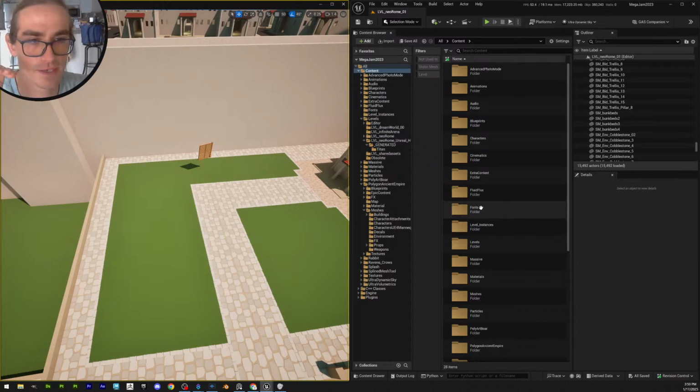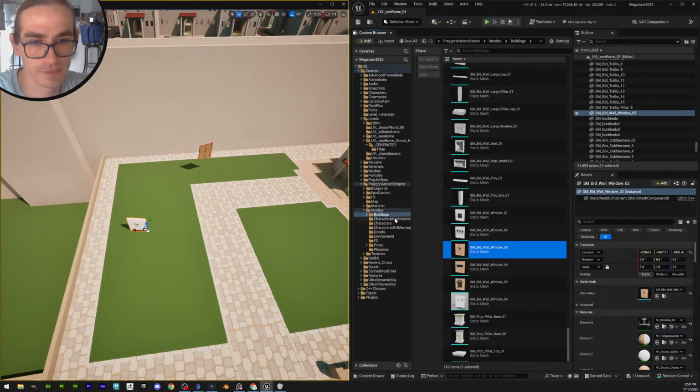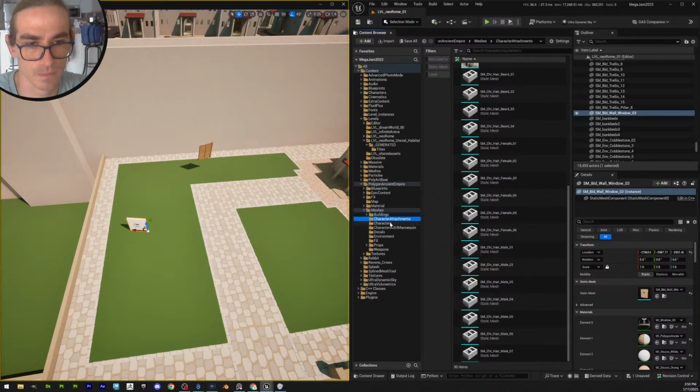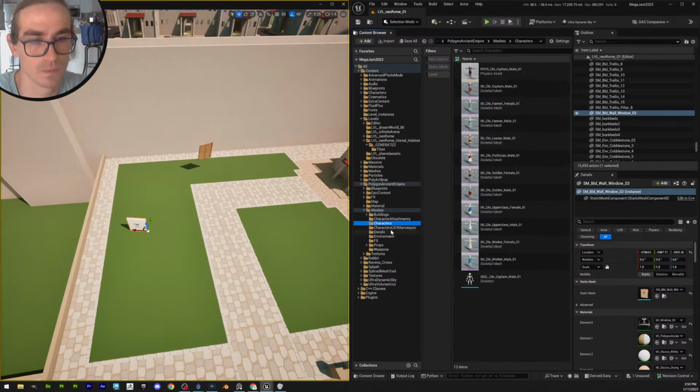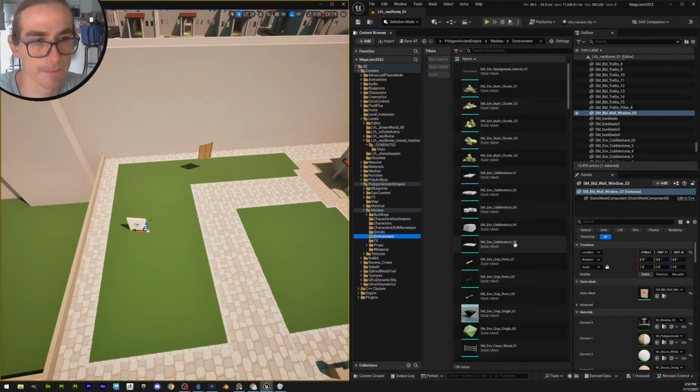I want to see if they actually have some presets, because I can build my own building based on this. They usually have these prefab buildings. Not all of them have them, but